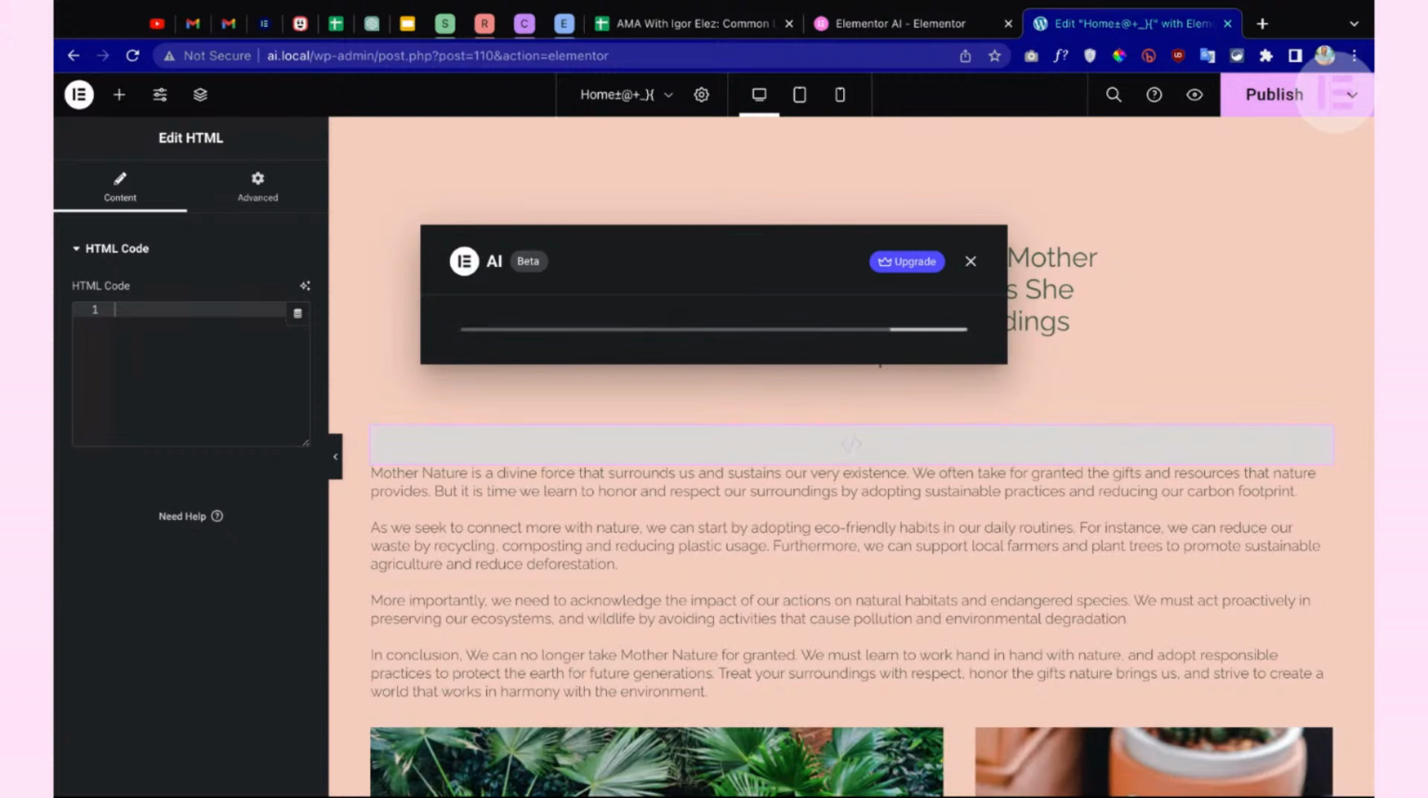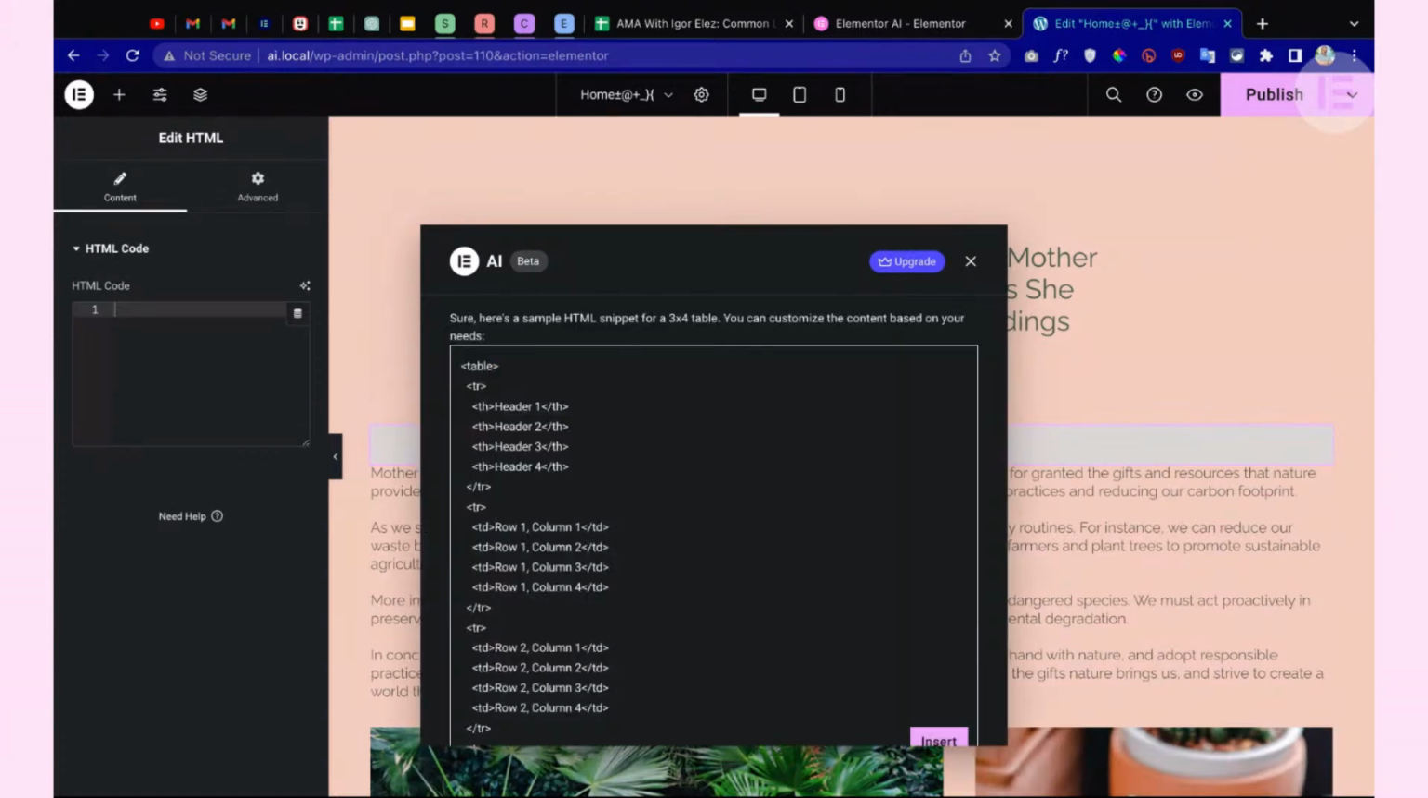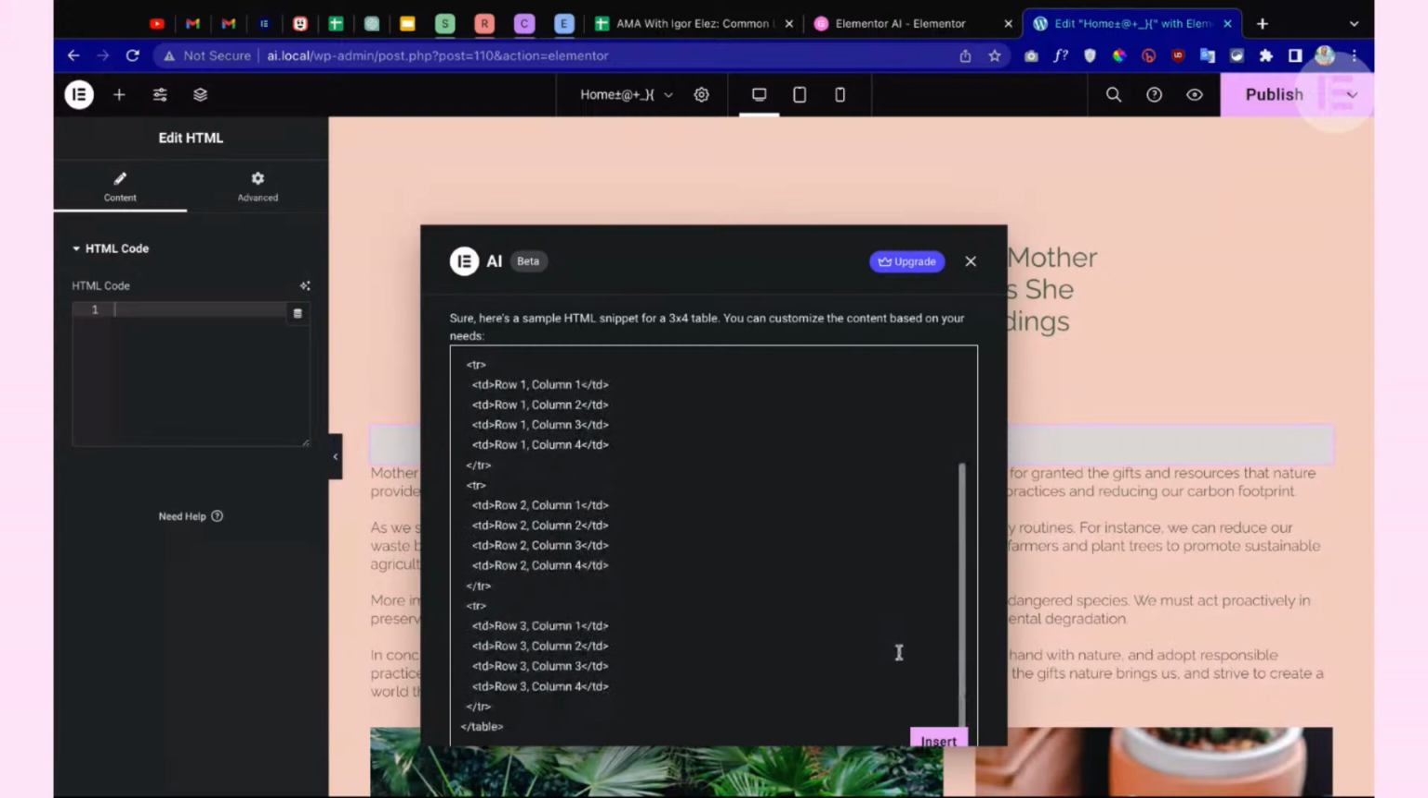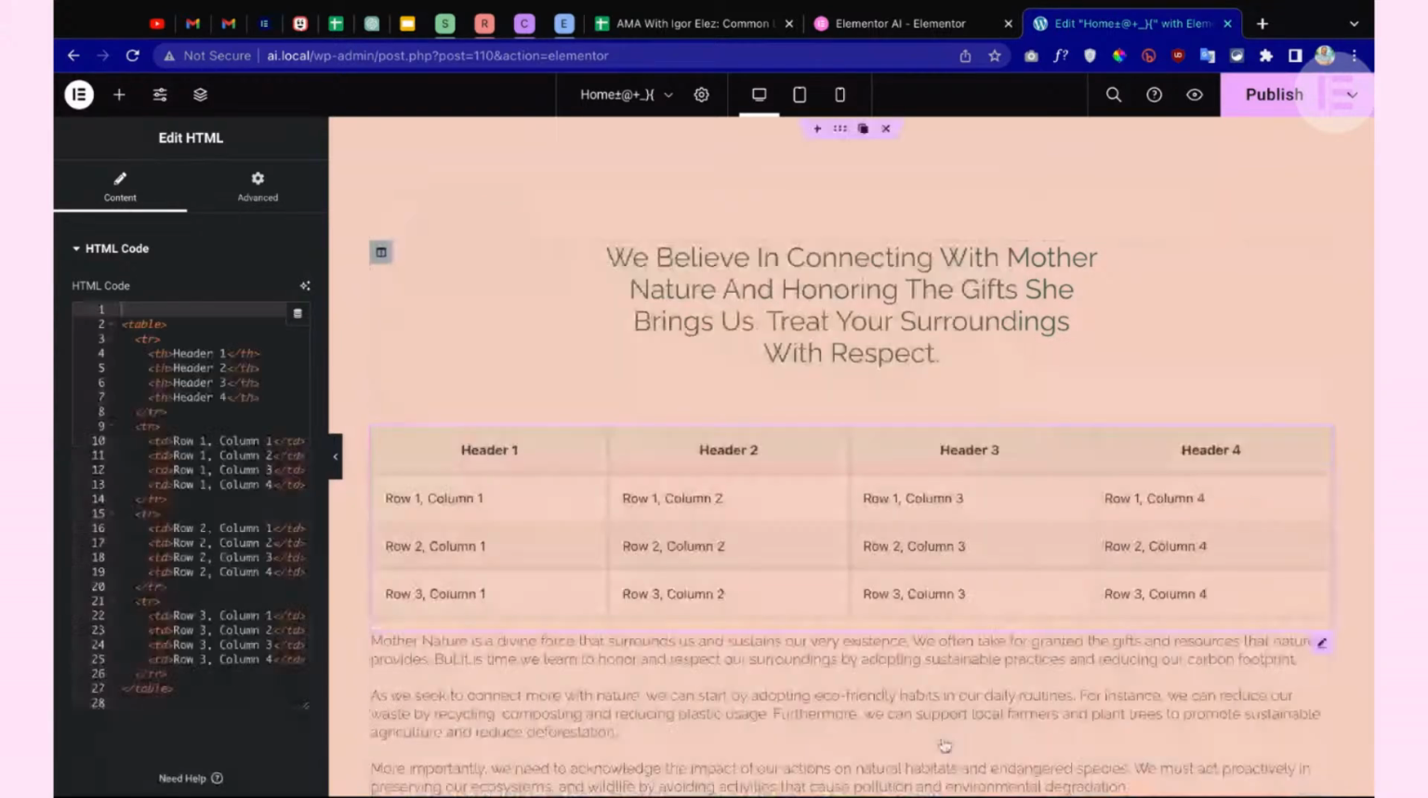Again, the good thing is it knows that it is in the HTML widget. It knows that it needs to create HTML code, which is great. So that's exactly what we got, as you can see. And we're going to insert it. It is 3 times 4, but it does have headings, okay? So next time, if I don't want headings, I can maybe say 3 times 4 without headings. So this is exactly what we got, and it's a nice table, and we can go ahead and now change